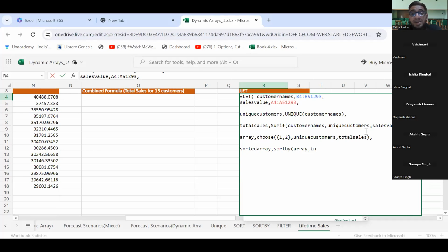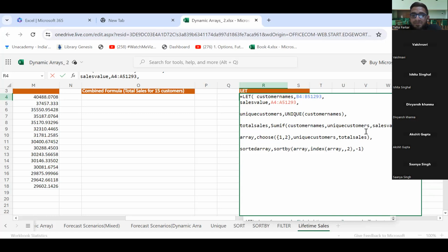So now you cannot do that directly, you have to use the INDEX function. Within the INDEX function you will choose your array, okay? The first argument of INDEX is the range, so here you will write the array because your two columns are in the array variable. You put a comma, then another comma, because the first is for rows, the second is for columns. I want to sort by the second column, so I close my bracket, then I put a comma again and I put a -1. I put a -1, I close the bracket, I put a comma,